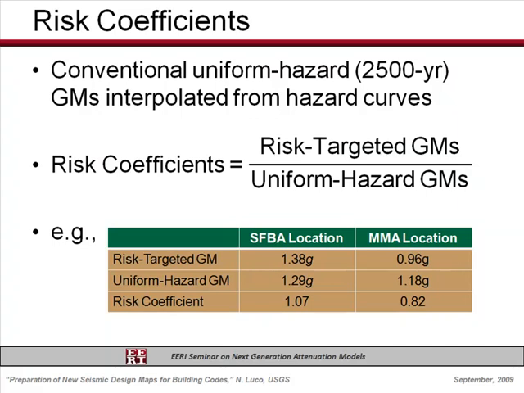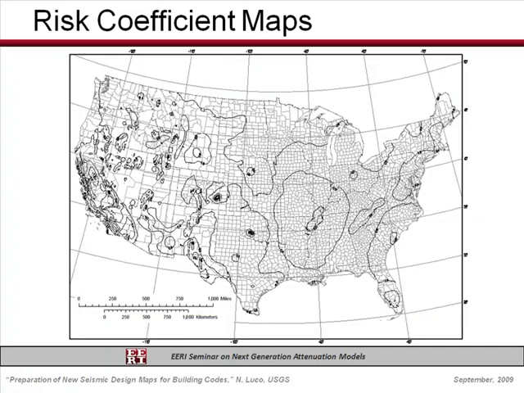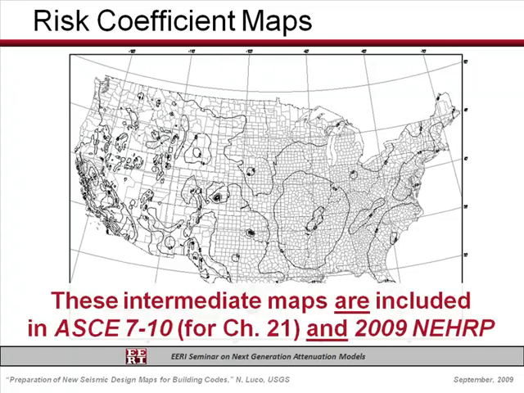So that's the cause of these risk coefficients. So we can plot the risk coefficient maps for all locations, like we have for these two cities. And these intermediate maps are included both in ASCE 7-2010, so you can use them for a site-specific procedure. If you want to calculate your own risk-targeted ground motions, you can use our risk coefficients in your own uniform hazard ground motions. And they're also in the 2009 NEHRP provisions because, as Charlie explained in that document,